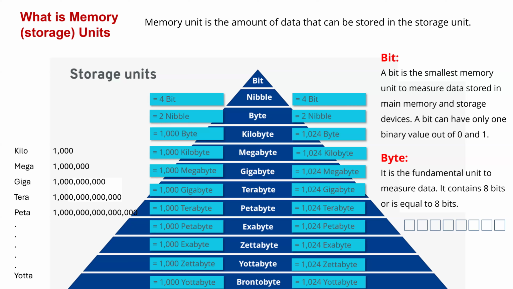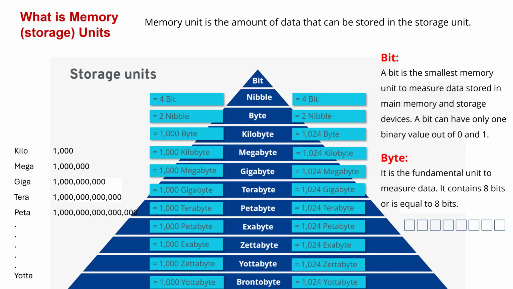So the bit is the smallest memory unit to measure data stored in the main memory, and of course other storage devices. A bit can only have one binary value, which is either 1 or 0. Remember, I told you about the box: only one thing can be inside that box, either 1 or 0. A byte is the fundamental unit for measuring data, and it contains 8 bits. That's simple. Now when you talk about terabyte, gigabyte, it is only a multiple of all these things. It is easier if you look at what I had there on the left hand side of the triangle, where you see kilo, mega, giga. What it simply means is that